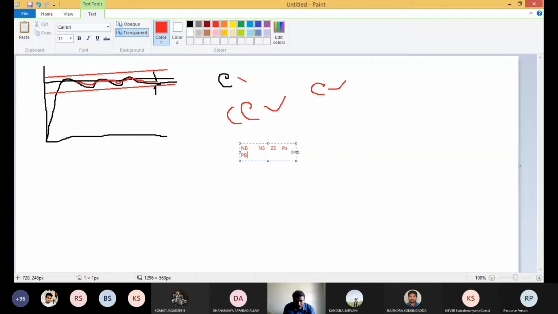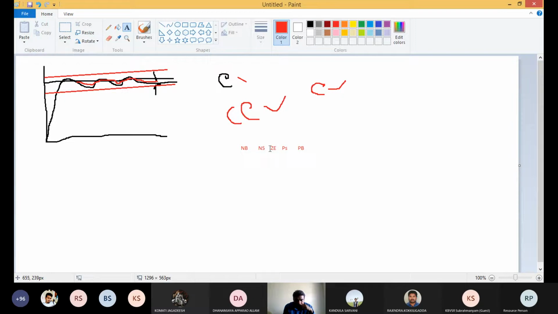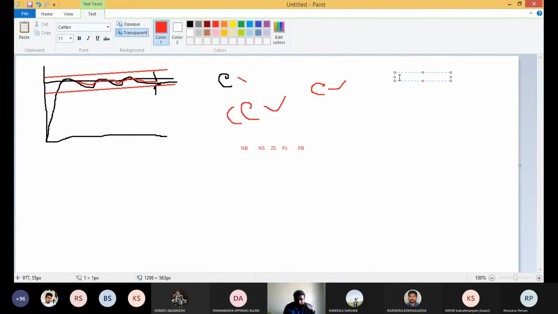So how do we define these ranges? What is the value of negative big, of negative small, of zero error, of positive small and positive big? For that I simply took one example. Zero error, all of us know about bike riding, so I am taking a simple example. For example, my target is to drive the bike at 50 kilometers per hour. My expectation is that I drive my bike at 50 kilometers per hour, but at present I am getting